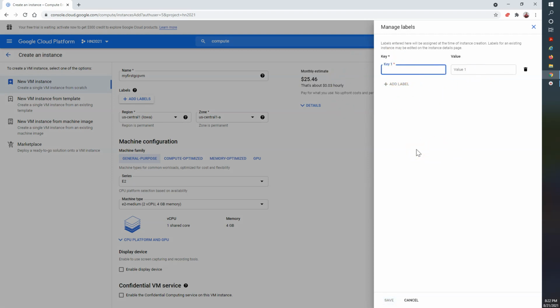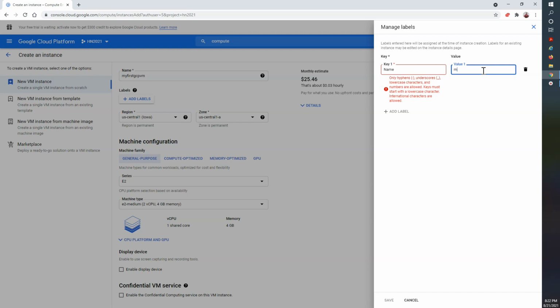So let's say we give the name here, my first GCP VM. So it again says only hyphen, underscore, lowercase characters. So again you have to give only lowercase in your value.